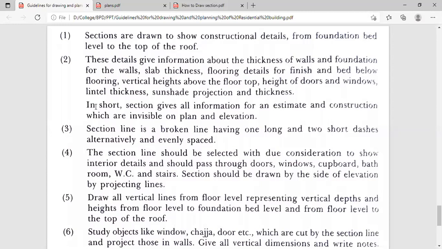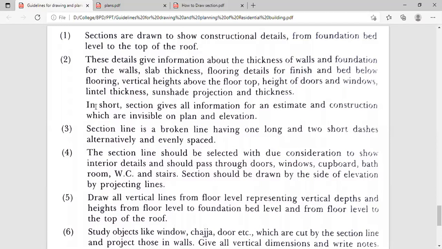Suppose we are going to construct a framed structure. Then in a framed structure different kinds of material are required. Maybe concrete, then brick, then sand, maybe for RCC elements or for masonry elements, as well as for fixing the flooring or whatever finishing we are going to provide in terms of plaster and all those things.